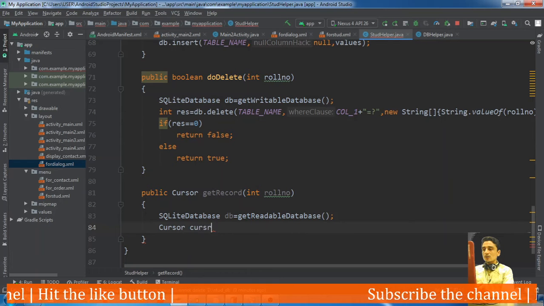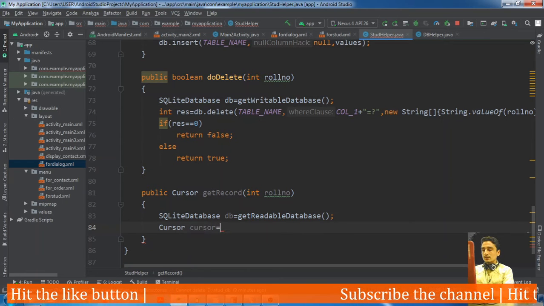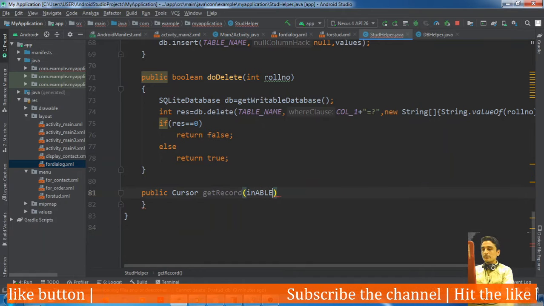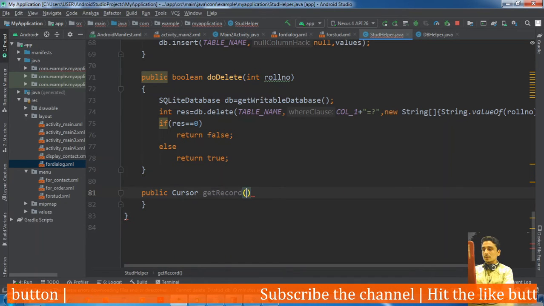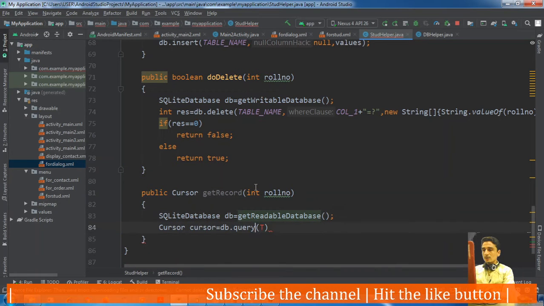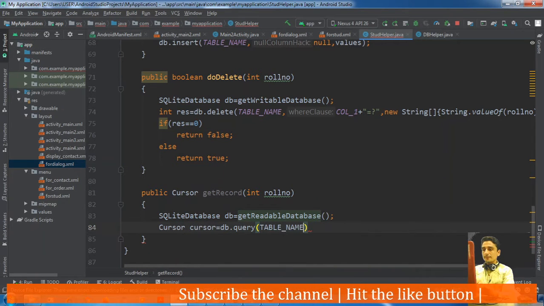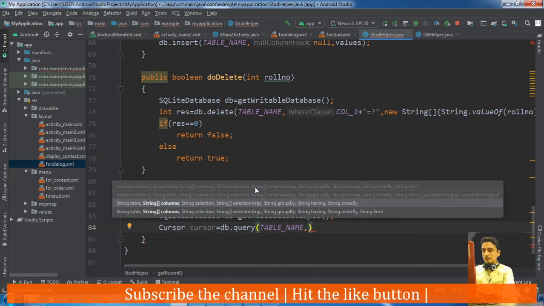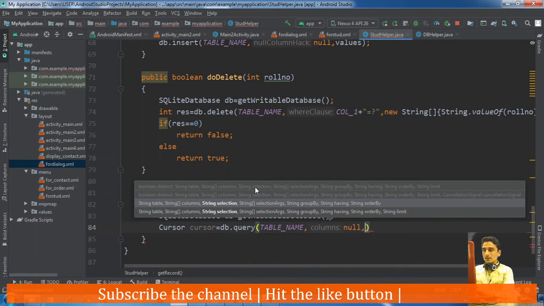in which we will return a cursor, that is db.query. The table name is, here, the table name. Second argument is the columns which we need, all columns needed.